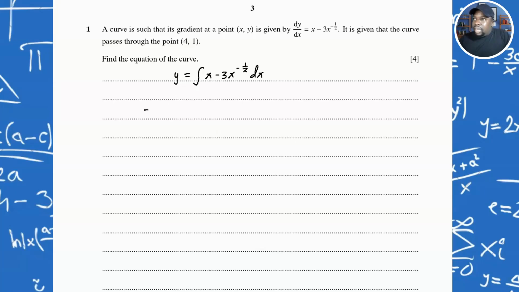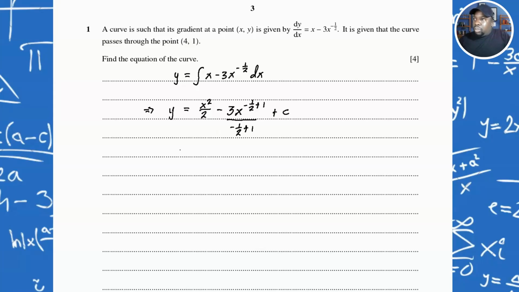Alright, so this means that y will be equal to, and if we integrate x here, we are going to get x squared over 2, and if we integrate 3x to the minus a half, this will be 3x to the minus a half plus 1, and that will be over minus a half plus 1, and it's plus